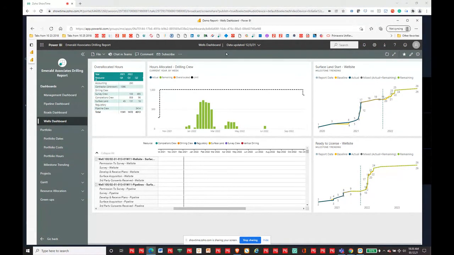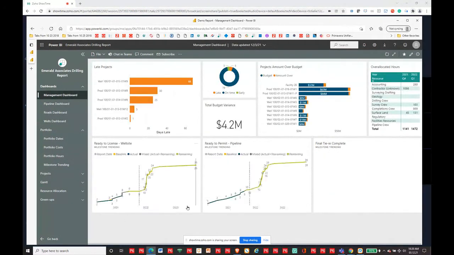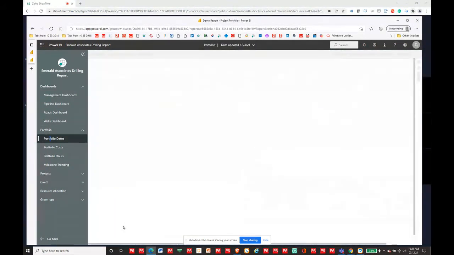Now, if we're looking at this information, so if I click on, for example, back on the management dashboard, I did say, okay, we've got some late projects here. Well, this is a roll up of everything. So if I'm a manager that's looking at this and I'm thinking, oh, okay, some of these are my projects, let's go into the portfolio and see a little closer, drilling down a little farther, what's actually going on. So I'm going to click on portfolio dates,